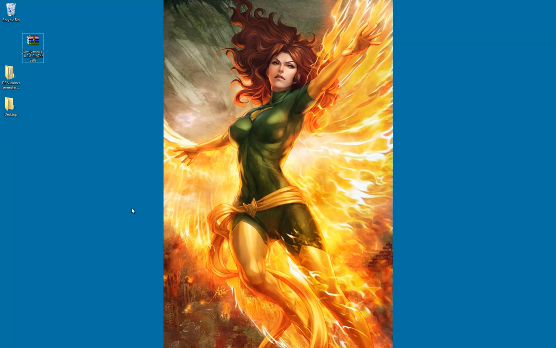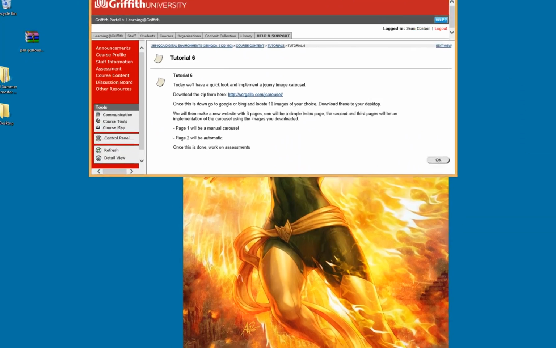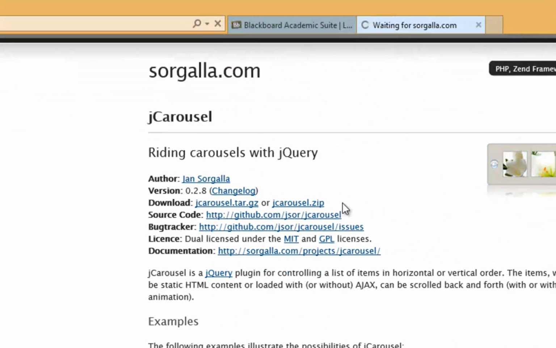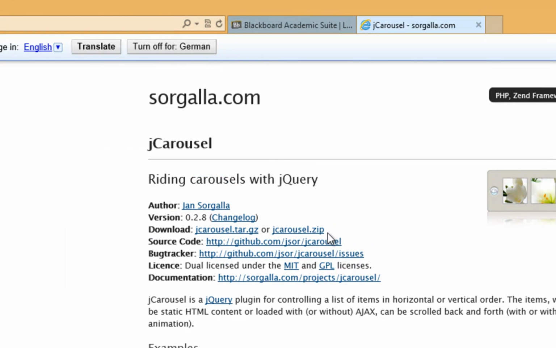Okay, so what we're going to do is make a quick video on how to get a jQuery Carousel up and running. Pretty much, for those who need to, jump here into tutorial 6, go get the file from here, download the zip file. Okay, just the zip. Once you've gotten that,